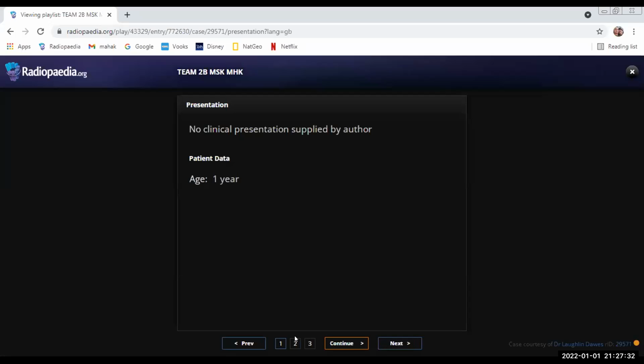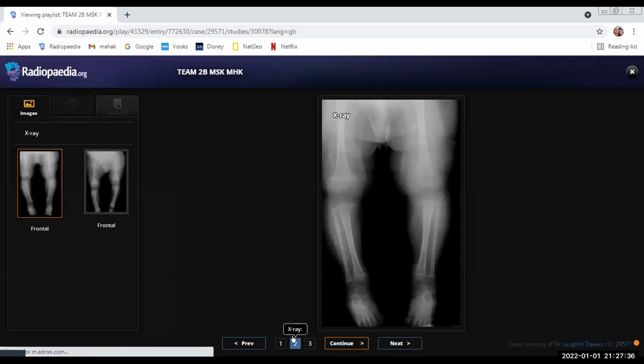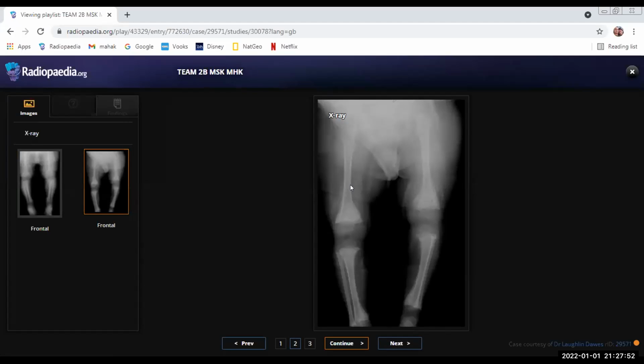So this is a 1-year-old, no history. This is the frontal view of both lower limbs. I don't know if there's any difference. What I can see is metaphyseal flaring and spurring, and there is osteopenia of the epiphysis. There is elevation of the periosteum along the distal aspect of the bilateral femur. So I believe this is a case of scurvy with the Wimberger sign of pencil thin epiphysis with subperiosteal hemorrhages